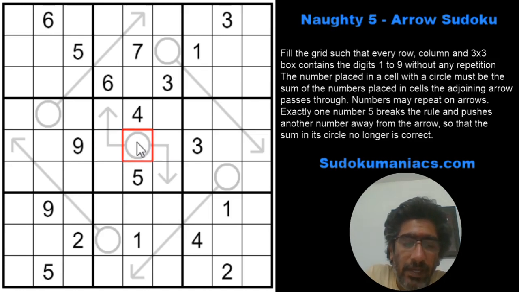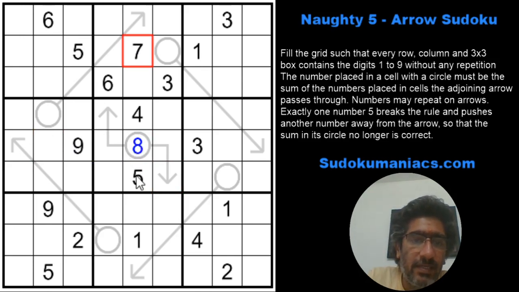So what can be placed here? 6 and 8 would be the only possibility, but with 6, I cannot have a 2 4 or a 1 5 since 4 and 5 are already given. So this would have to be an 8, because anything less than 5 would not be possible, as I require at least 4 digits adding up, rather 2 of each adding up to the central digit. 9 and 7 are already there in the row and column, so they cannot be there, right?